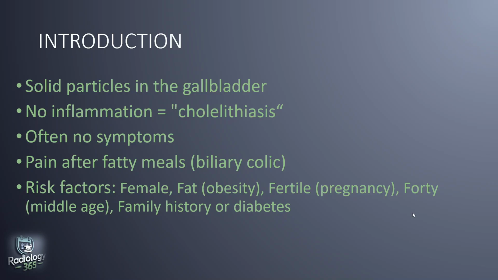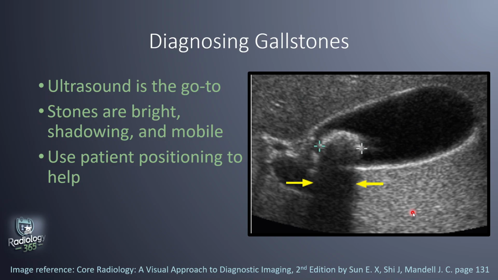There's a classic set of risk factors known as the 5 Fs: female, fat, fertile, 40, and a family history or diabetes. Ultrasound is our first tool. Gallstones appear bright and cast shadows. They usually move, so turning the patient helps confirm if it's a stone or not something stuck in the wall